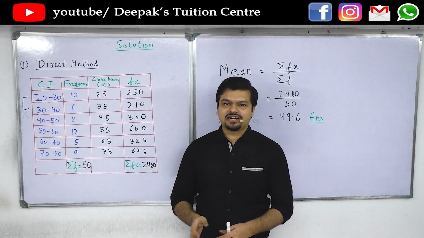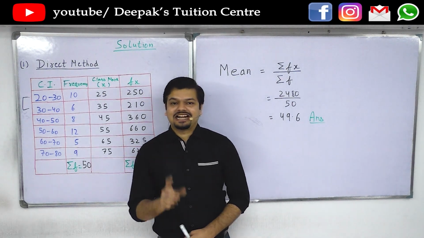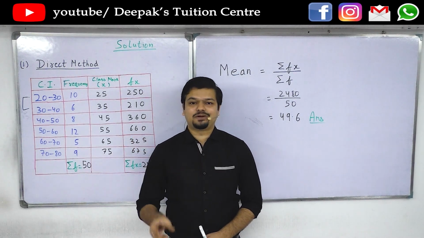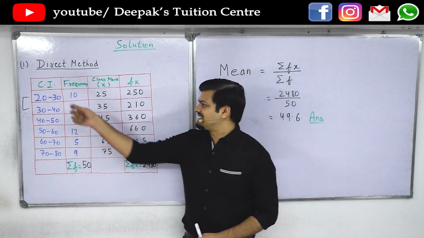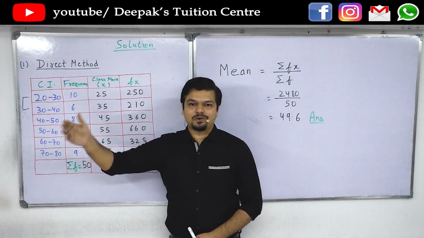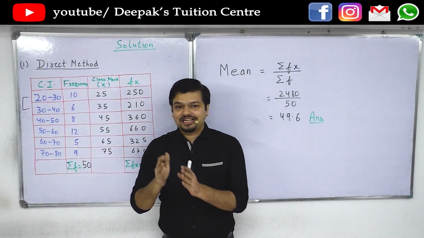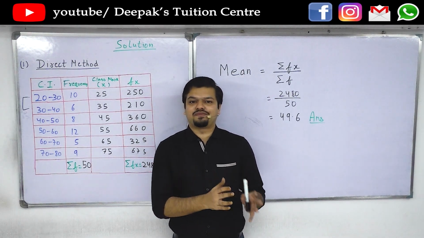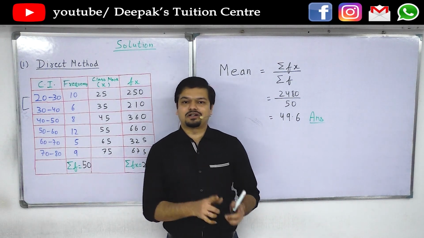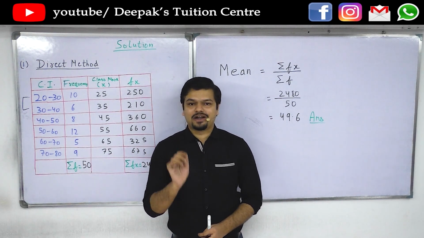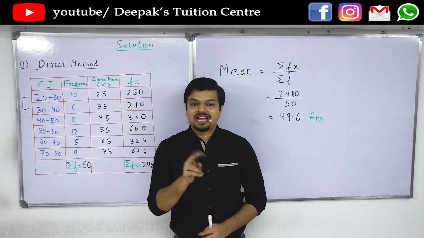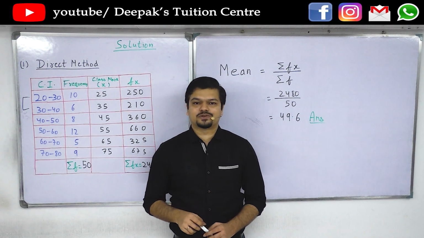Starting with direct method, you need to understand that in every method, there are different columns that we need to form. After forming the basic question, there are certain columns that we need to add to it. Every method demands a different column, a different style of working. Also the formulas are different. So be very careful and note down every detail so that you do not miss them and do not make an error as to which method belongs to which one.